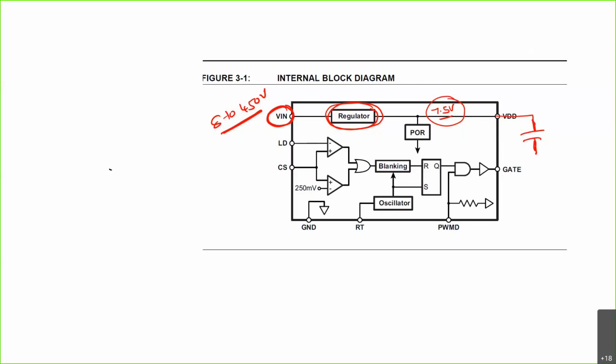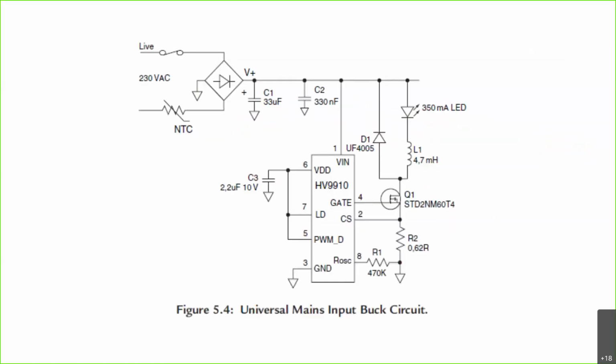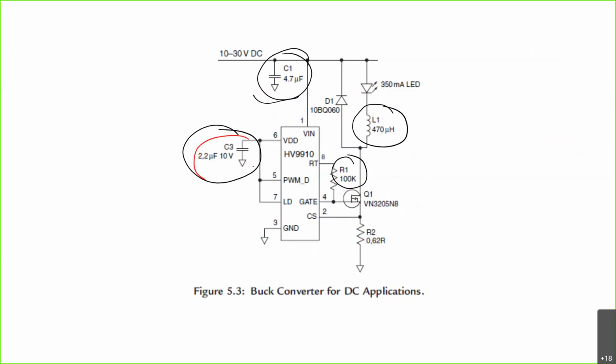This is known as the bypass capacitor, which has a low ESR value. We normally connect a small capacitor with low ESR to provide a low impedance path for the high frequency currents of the output gate driver. You can see here, a 2.2 microfarad, 10 volt capacitor is connected. Normally 1 microfarad is sufficient, but for some applications it may require 2.5 microfarad, so therefore they connected 2.2 microfarad.